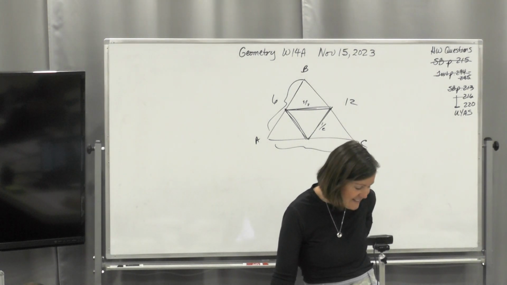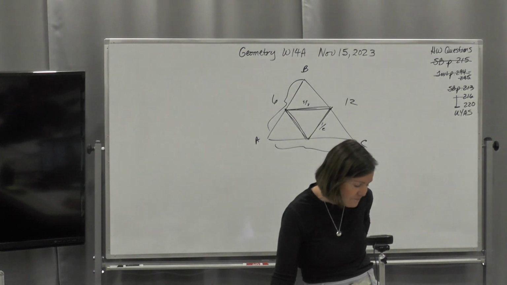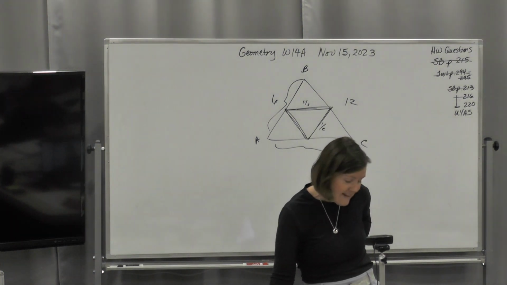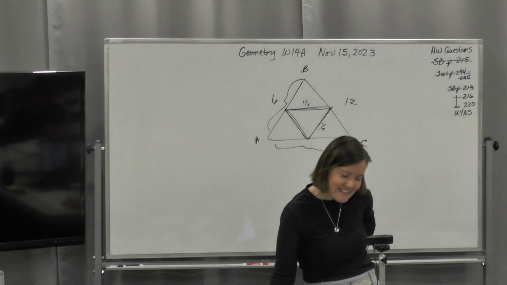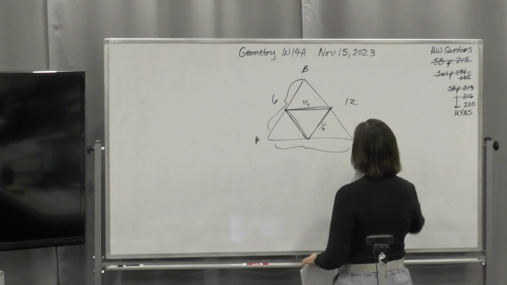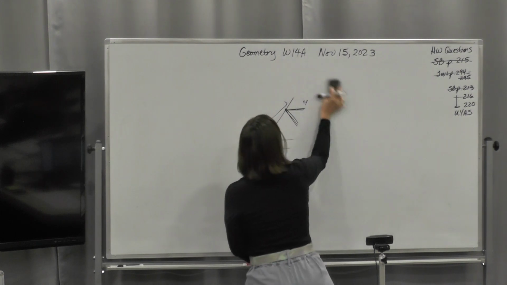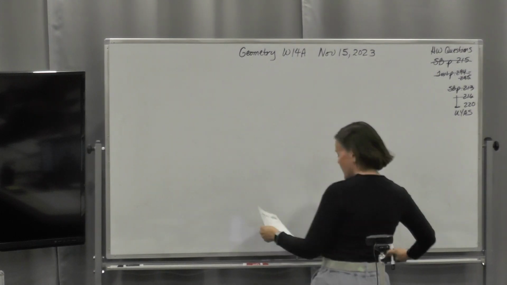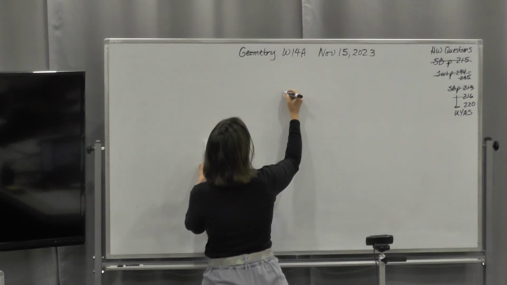EFGH has bases measuring x minus 10 and 3x. If the midsegment is 19 inches long, what is the length of the short base? Let me sketch this out. It's easier to understand if you have a sketch, right? So I have a trapezoid here,